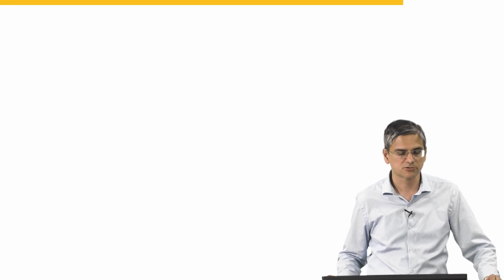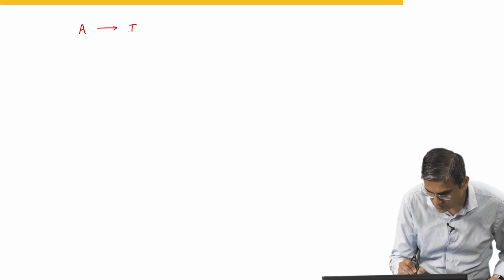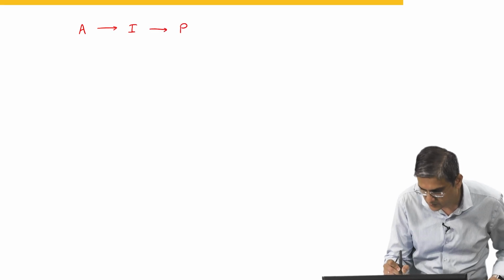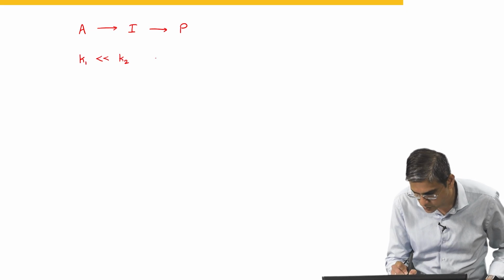Okay, so it's not a done deal. With respect to simpler reactions, yes, we know how to do it, but if it is a network of reactions where multiple different reactants react to give multiple different products and so on and so forth, it becomes a bit complex. But let us get back to the situation we had. Okay. In this particular case, we saw that when K1 was much less than K2,